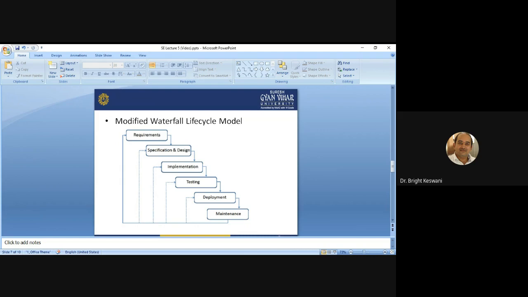Secondly, the provision for verification and validation of the phase output in the software life cycle is added. Thirdly, it is needed to provide for overlap and feedback between phases. So these are some major extensions suggested in the modified waterfall life cycle. The advantage of this life cycle is that it is a much better model for the software process in practice, and yes, it also has some disadvantages.